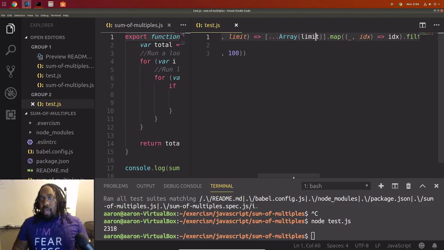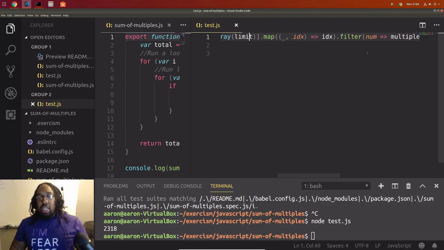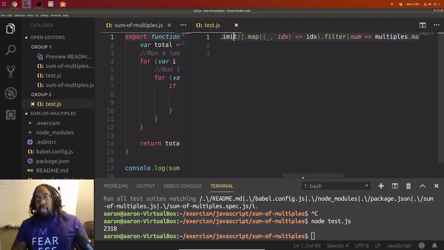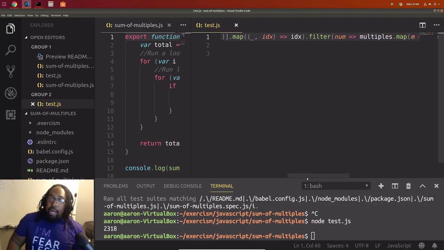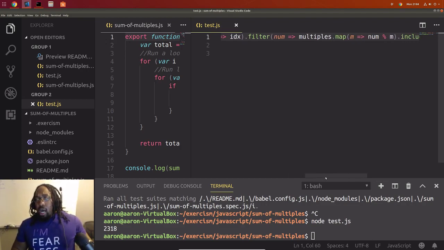And mapping. Mapping is going to basically allow you to declare a function and run that function on each item in an array, and plug it back into the same spot in the array, I'm pretty sure. And then we are filtering out the multiples here.